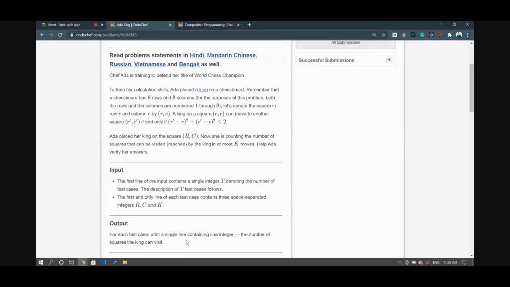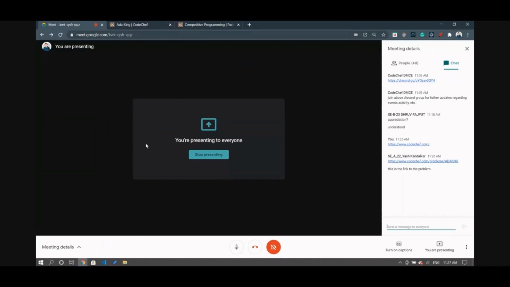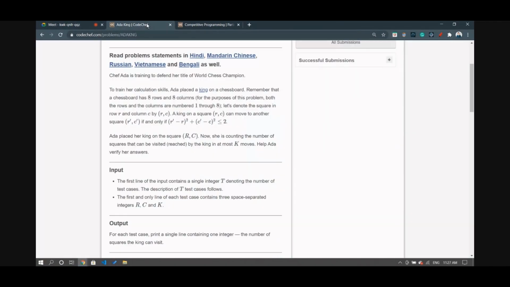And we have to print the maximum number of squares which can be visited at most in k moves. And here's the condition. So, anyone who has understood the question? They can explain the logic.